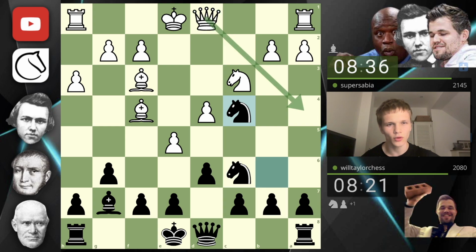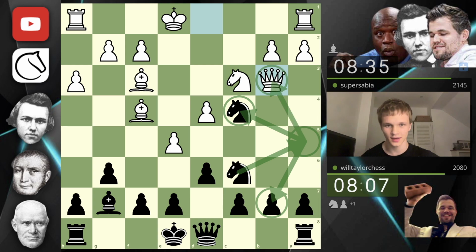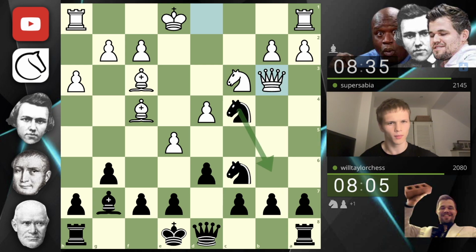Oh wait, queen a4, do I have knight b2? Okay, so they just go queen b3, which looks honestly quite strange. Because I could play this move, I could play knight a5 here, which would be kind of funny. Defending this, attacking this. I think probably we should just go back, because obviously they're hitting the knight and hitting the b pawn here. If we go back to here,